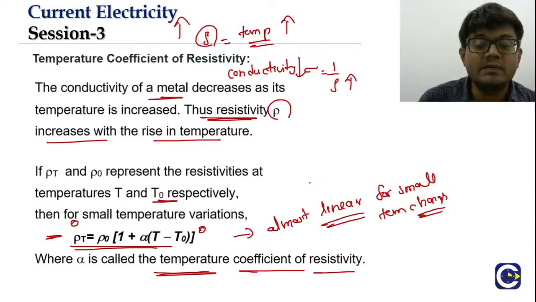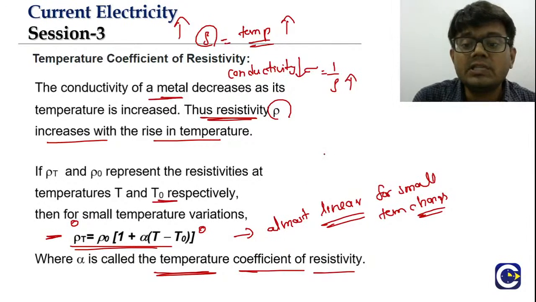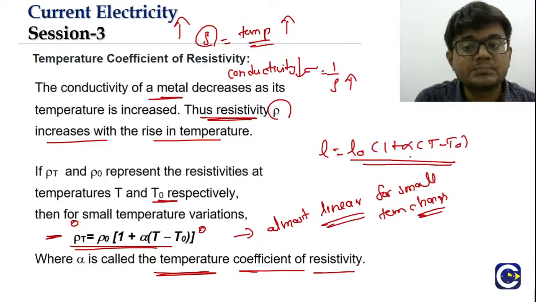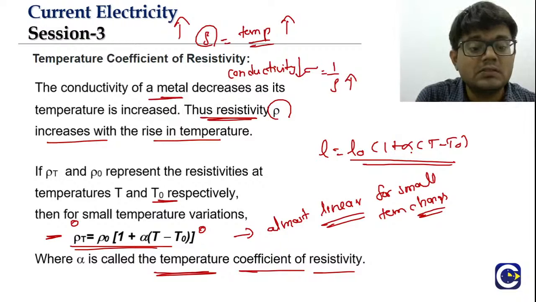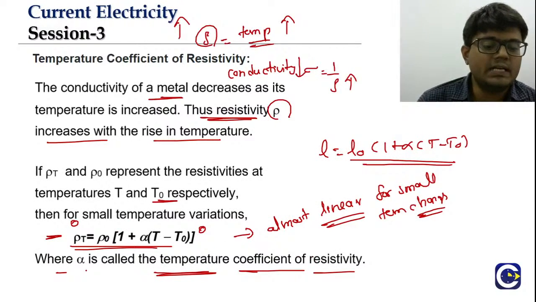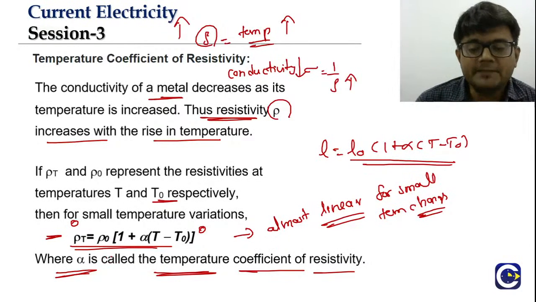பாருங்க, when we talk about the coefficient of linear expansion, what do we say, L is equal to L naught into 1 plus alpha delta T, or T minus T naught. இப்படித்தான், what is the expression we'll have in case of the linear expansion of the material, L is equal to L naught into 1 plus alpha into delta T. அப்படித்தான், same as it is. so the temperature coefficient of resistivity, right, that is what is alpha. okay, so the alpha value, right,